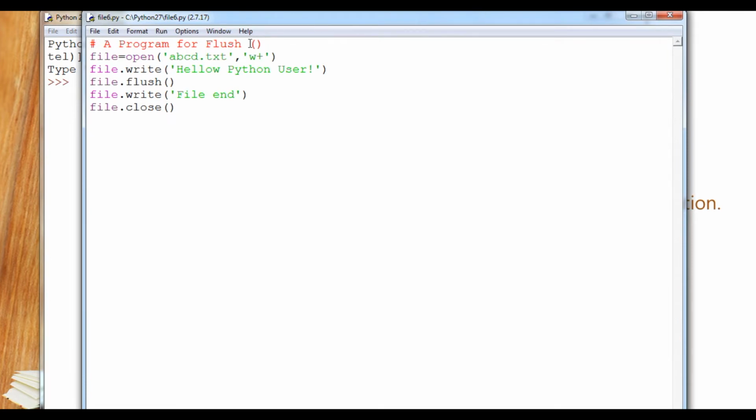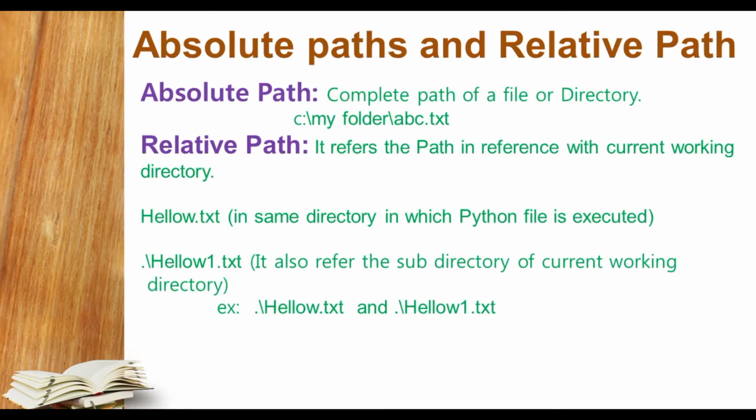Here is a file abcd.txt with write plus mode, and then "Hello Python user" is written. I have called flush here, and then after that I wrote something else, and the file is closed. So it is easy to use without any problem. Let's come to the next topic.